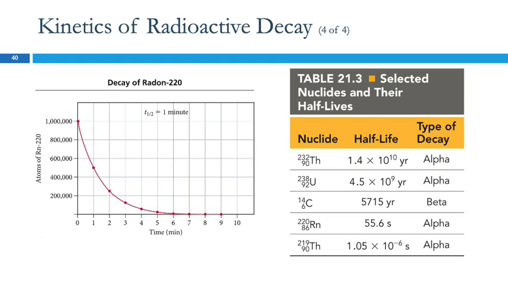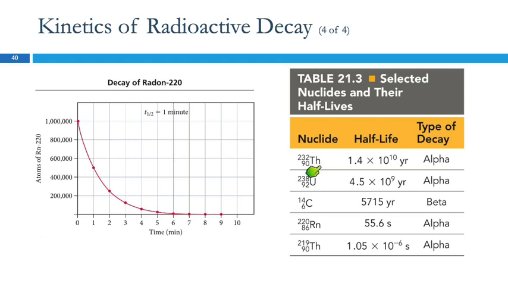So with its 1 minute half-life, if we start with 1 million, after 1 minute, it's cut in half. 2 minutes, it gets cut in half again. 3 minutes, 4. So each time it gets cut in half, how long does it take to get to 0? Really, really long time, right? Eventually it would get there. But even with a fast half-life or a short half-life, it's not going to just go away super quickly.